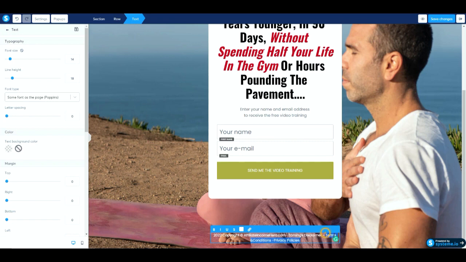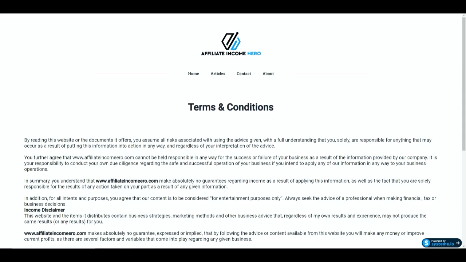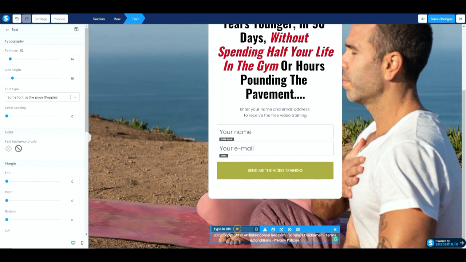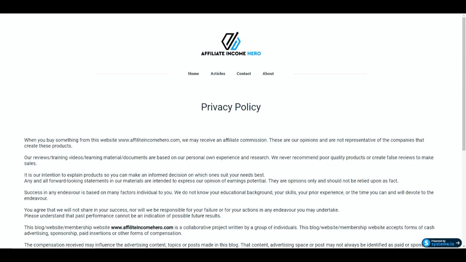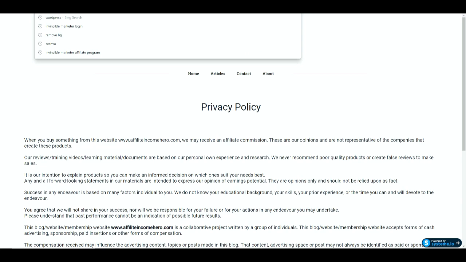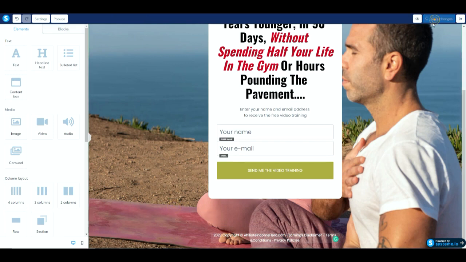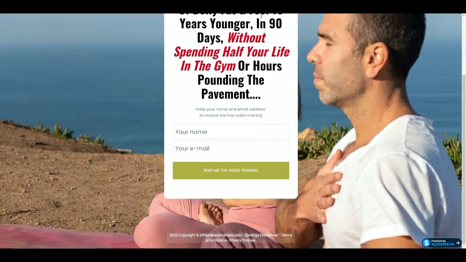We want to do the same with terms and conditions. So again, we highlight, click the hyperlink button, terms and conditions, we'll grab that page, go back, and save, and then finally the privacy policy, which we want to do the same with. So we go and grab the link for the privacy policy, and then we insert it in here, and there we go. And if we just save the changes, and if I go back to the page itself, and if I refresh the page,